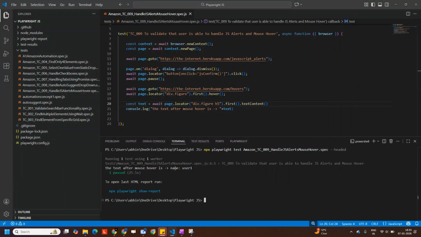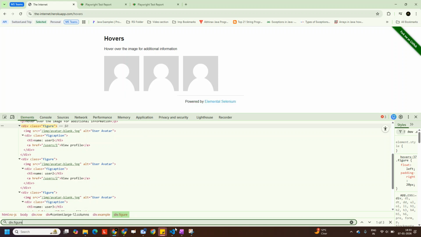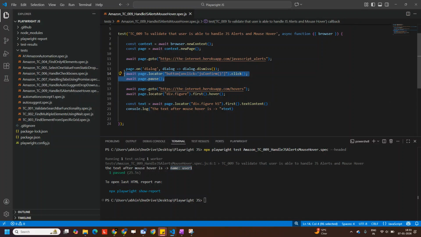Okay, perfect. See, it has given me the name colon user one. That was the text content over here. So we have been able to perform two operations here, guys. The first operation is that we handled a JavaScript alert with just a single line. And with another single line, we have been able to handle mouse over functionality as well. Once you have been able to mouse over, you can navigate with this parent locator to its child locator where you want to click or get the text and do whatever you want to do. This is the process that you should follow